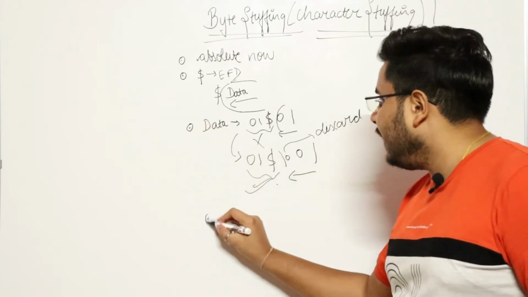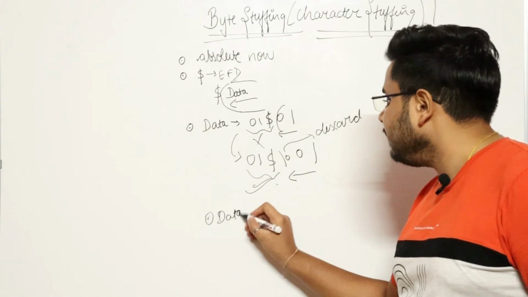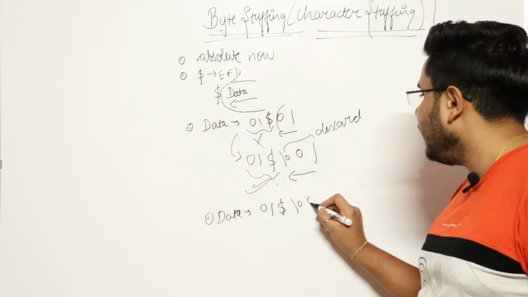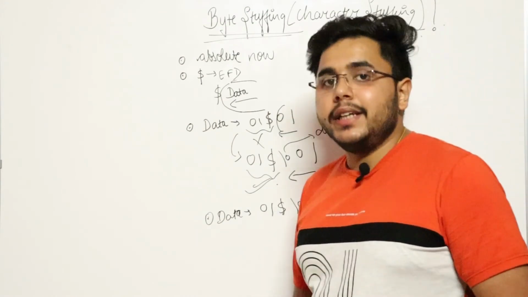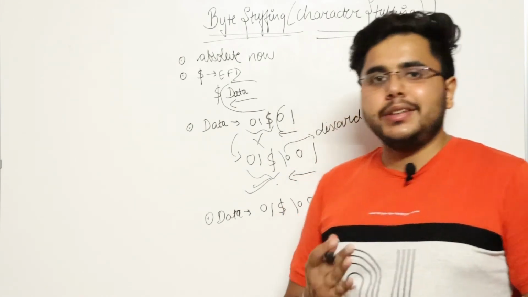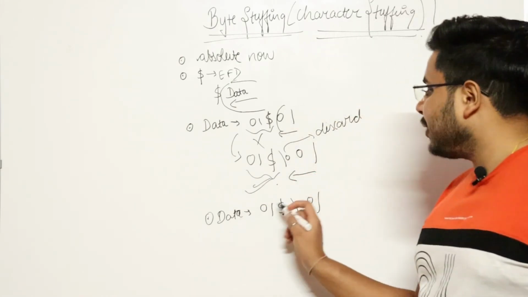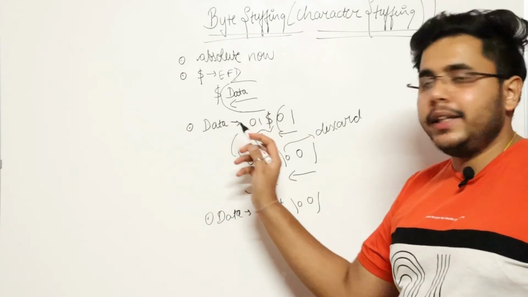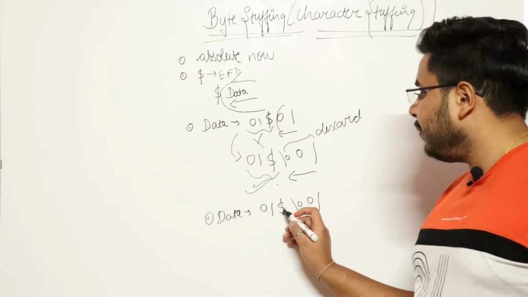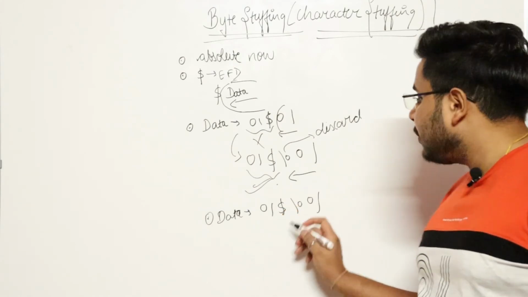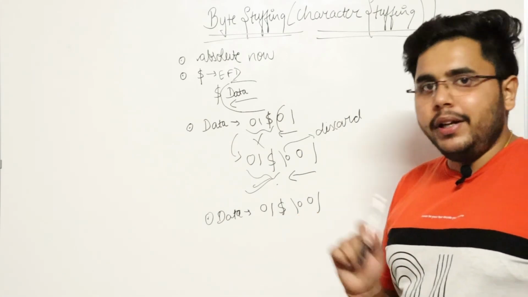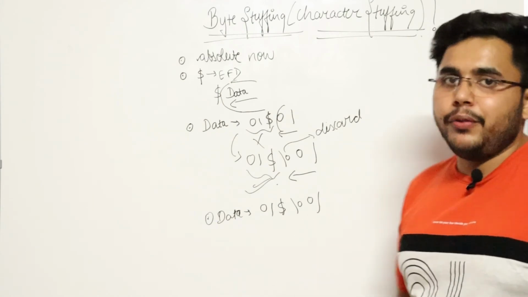Now suppose our data is like this: 0 1 dollar, null, 0 1. This is the third case, in which dollar and null are both part of our data. This is again a problem, because if we evaluate this according to the second case, the reader will think that this null character is here because the part of the data further matches the EFD, so it has to discard the null and treat the dollar as data. But in this case, even the null is part of the data.